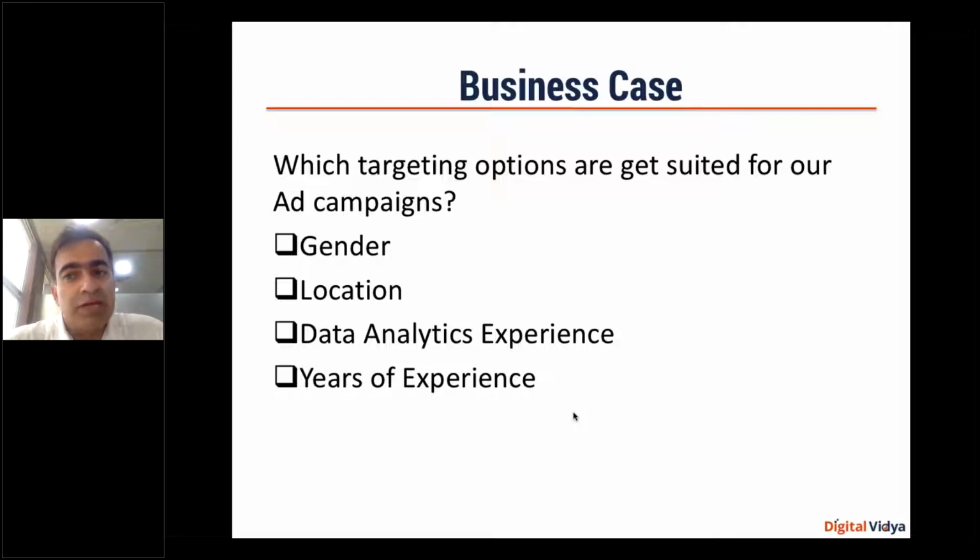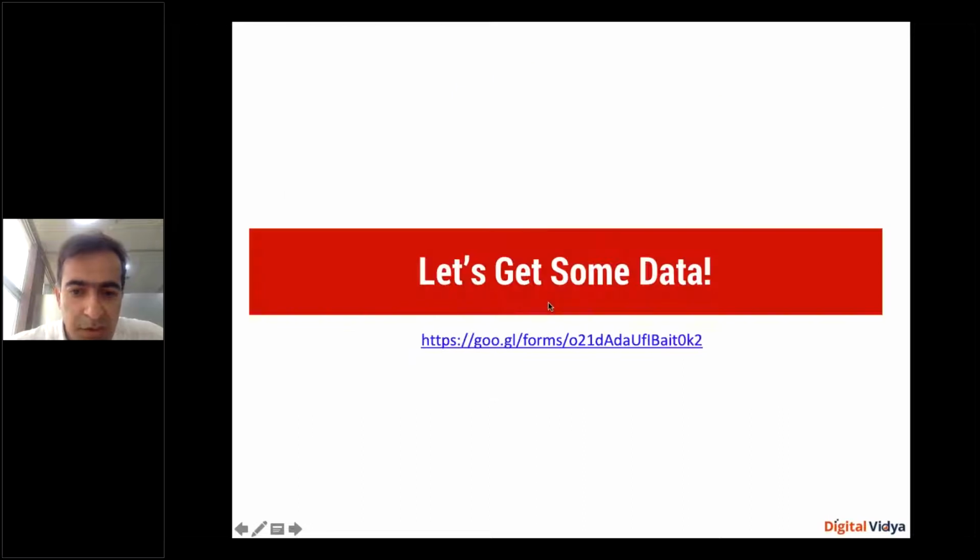Another thing that we can look into is we can actually check what kind of people are currently present and try to create some kind of a correlation. We'll try to use some statistical model also today. So let's do that. As a first step, let's get some data on board. So I'm sharing with you a link, all of you, a link.